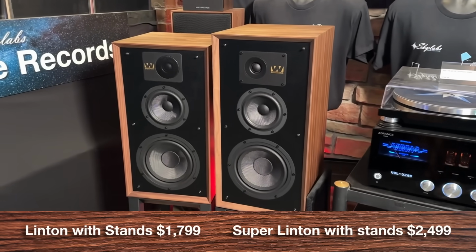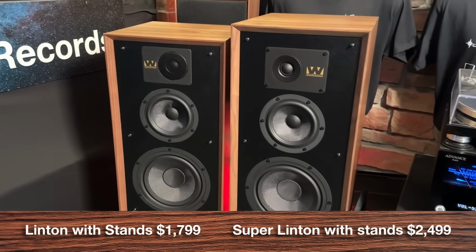I just listened to half of Badfinger's Day After Day, and it's not the best recording, it just isn't, but it's such a good song. Both these speakers, they're right there. They really are. My first impression, I don't put a lot of stock when I hear people say,